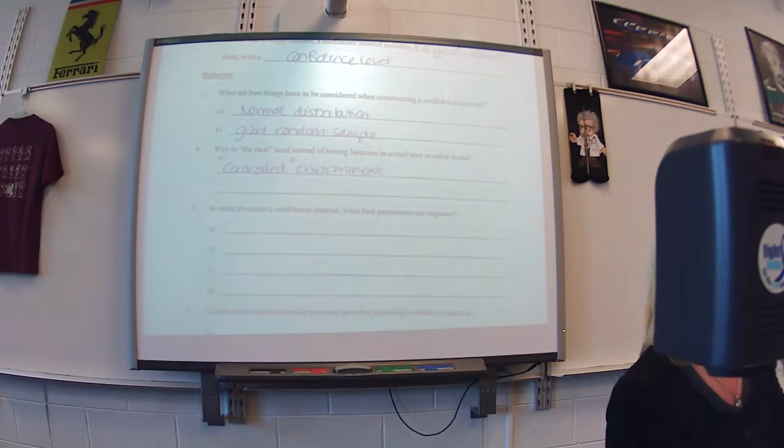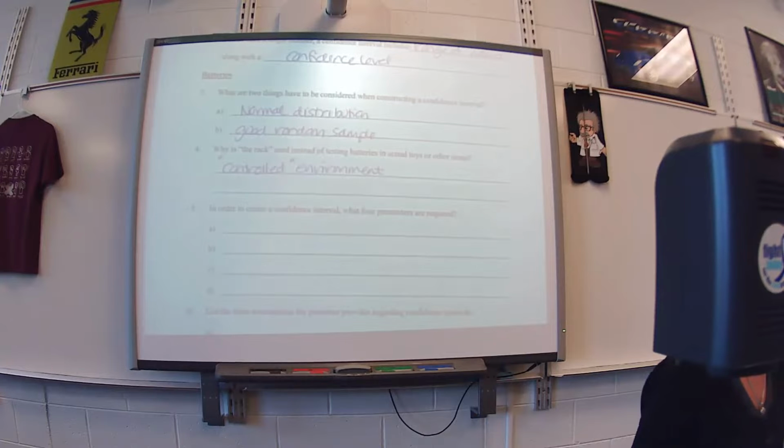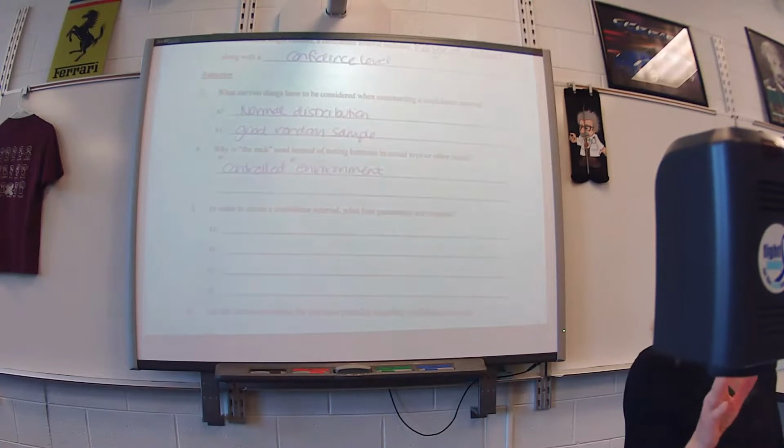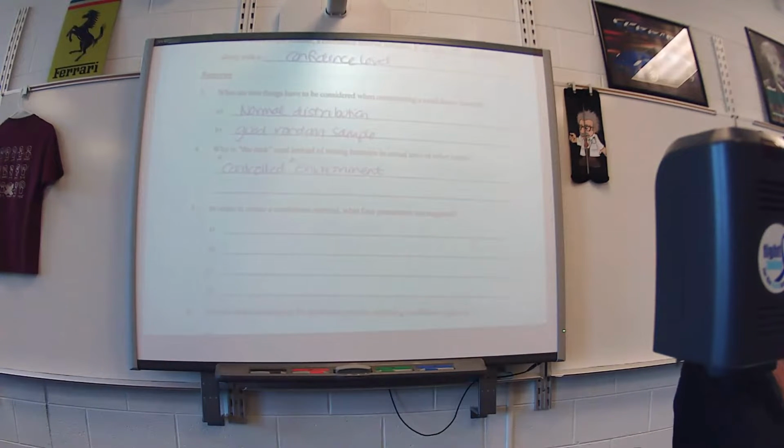And he talked about the fact that it might be more fun to test batteries in the fun little toys like the parrot with the flapping wings or the little helicopter drone. But what if the helicopter drone just by design used more battery life? Okay, then all of a sudden we can't test things in the toys because the toy itself now is going to be a confounding variable. And that's why they built this thing called a rack, and all the batteries go into the rack and it